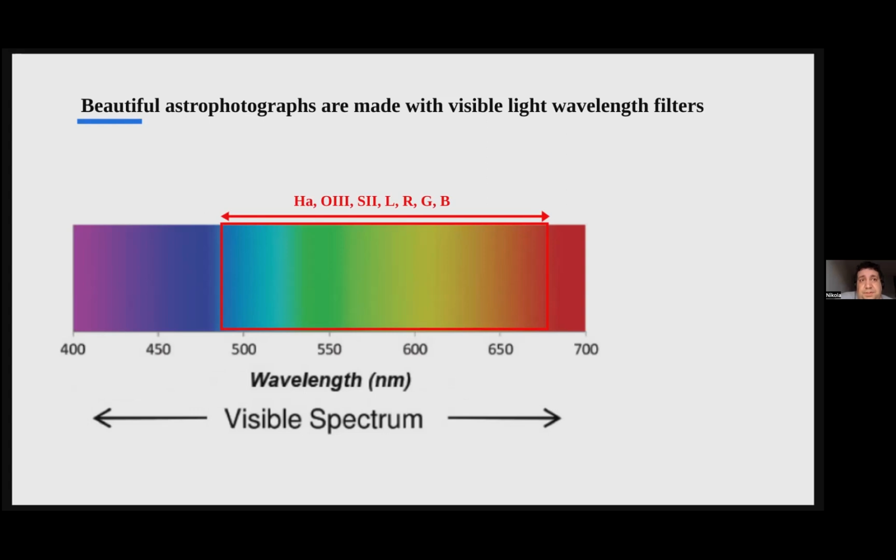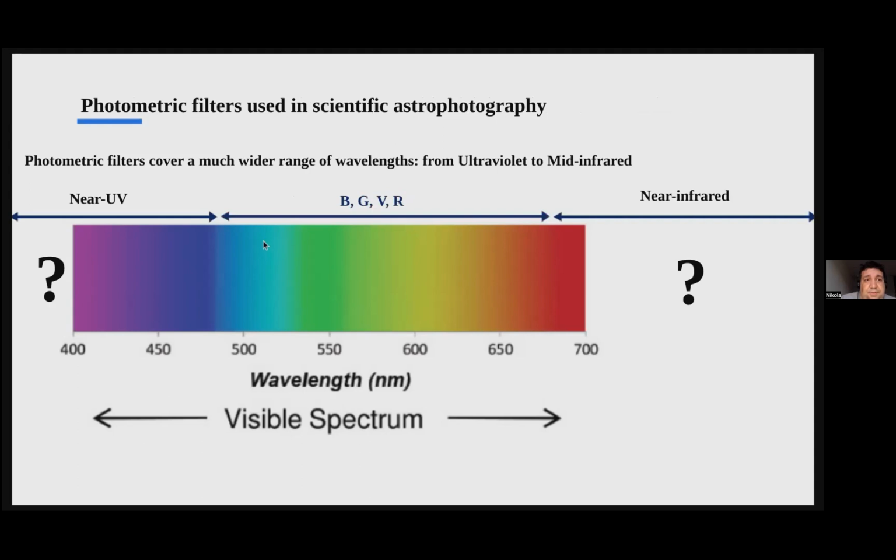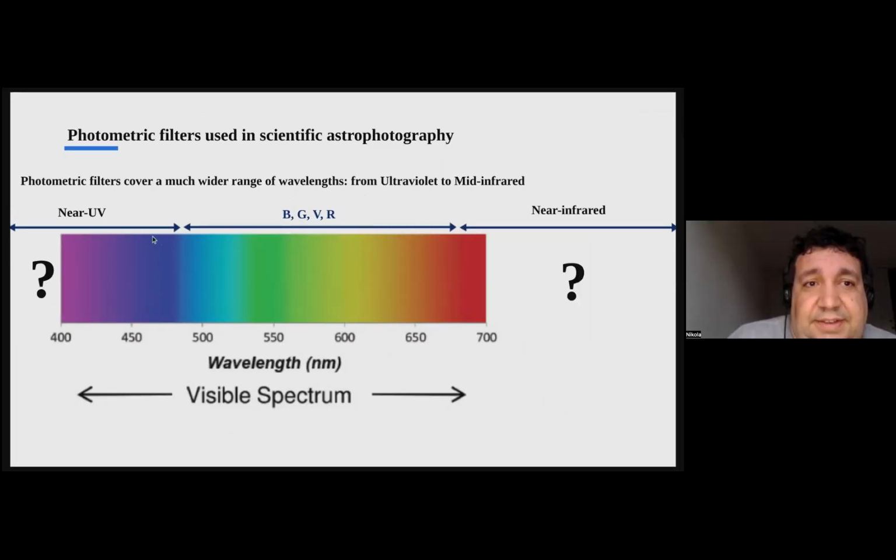These filters are not for getting colorful pictures, but for data, basically collecting numbers. And we use these numbers for different things. These photometric filters cover a much wider range of wavelengths, from ultraviolet to mid-infrared, including the visible spectrum. And they have different